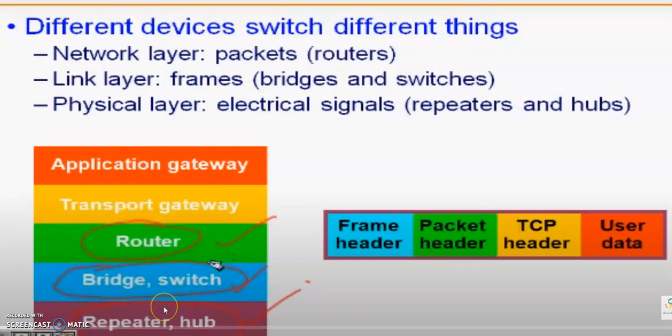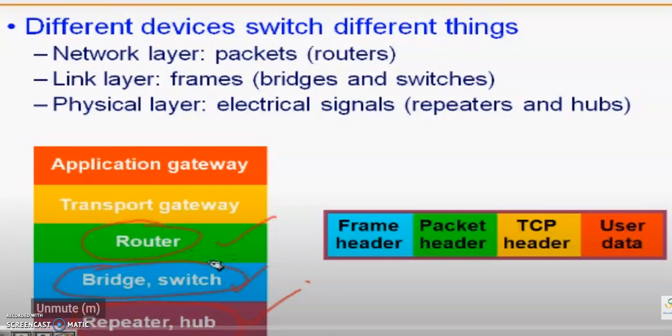The repeater is used to strengthen the signals, and the hub also acts like a repeater. For example, when you pass data through the hub, it will copy the data. That is the same as what the repeater is doing. It strengthens the signal. The hub also copies the same signal to many ports.